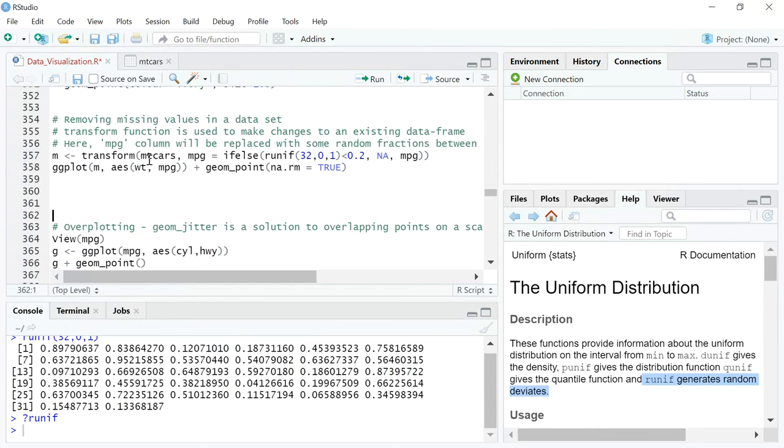So instead of running a plot on mtcars, now we are going to run it on m, which means all those variables which are insignificant or less than 0.2, I'm going to remove them, right? And I'm going to run that plot. How do you do this? You just write na.rm is equal to true, which means all your NAs will be removed. So this can be used to remove certain aspects. So if you want to remove outliers, let's say, or if you want to remove certain values, you can actually use the transform function.